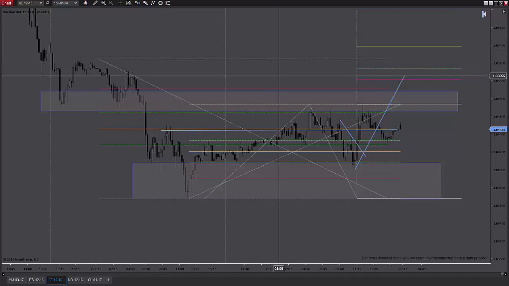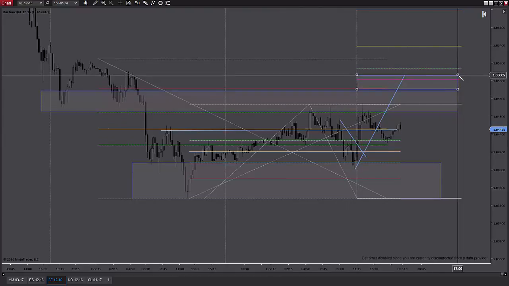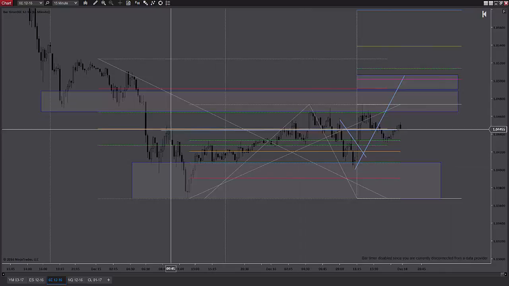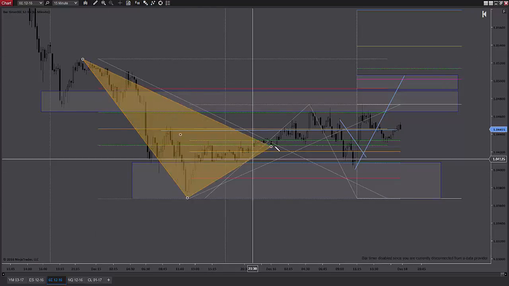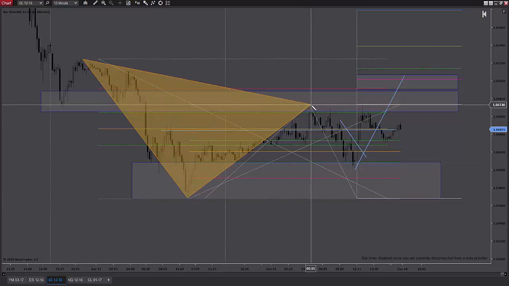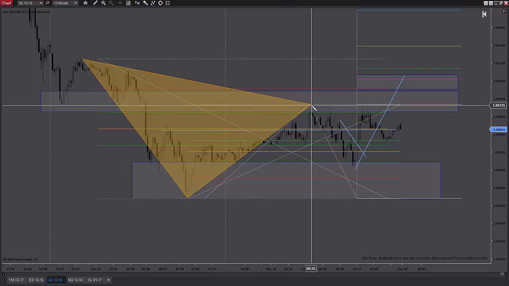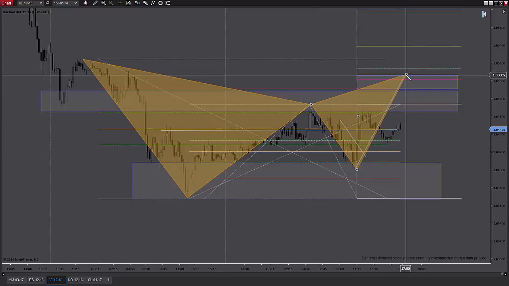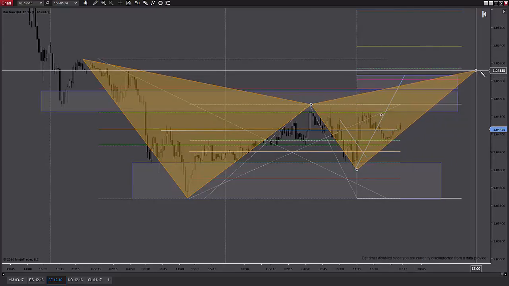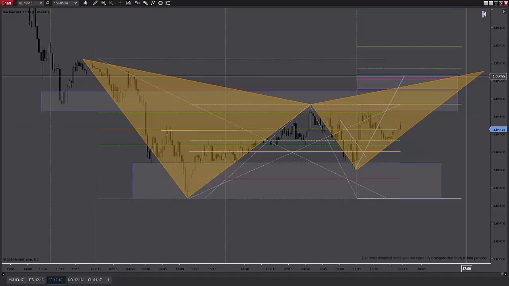Control F12. So this is the possible reversal area to the pattern, and this is what the pattern looks like. Now these patterns don't have to be symmetrical, but the more symmetrical they are, the more I like them. Whether this completes here or here or here or there, it doesn't matter how long it takes to get there. If price gets there, you have a potential Garley pattern and a very nice opportunity,